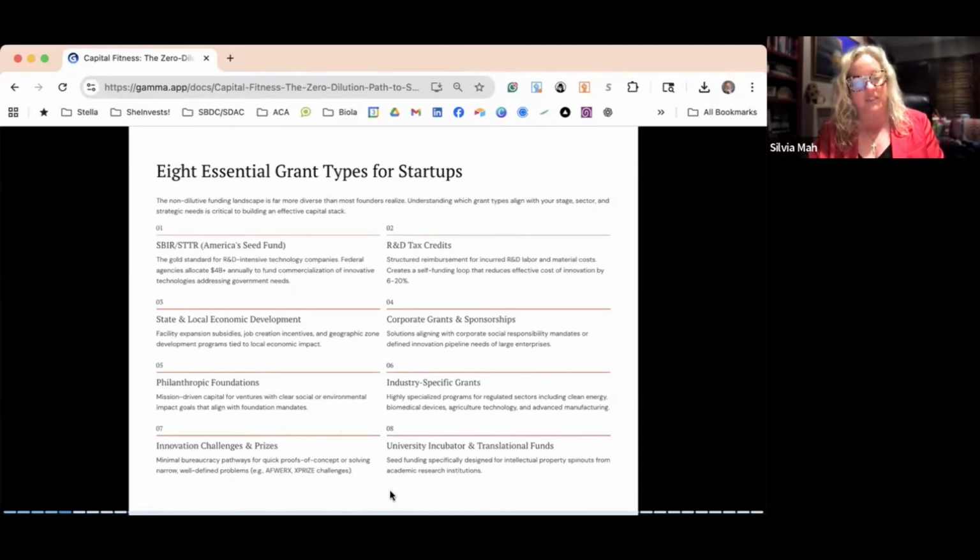Then innovation challenges and prizes. Minimal bureaucracy, pathways to quick proof of concept, or solving narrow, well-defined problems. So those are like pitches or the X Prize challenge. Go after all of them that you can. I know a couple of my portfolio companies, I always go back to that. One of them was doing like